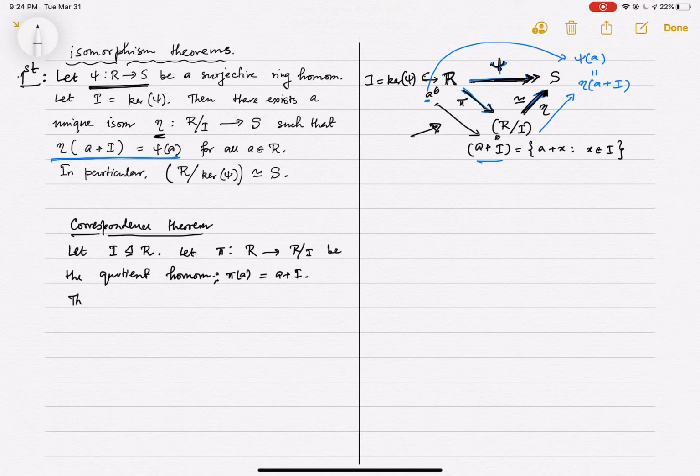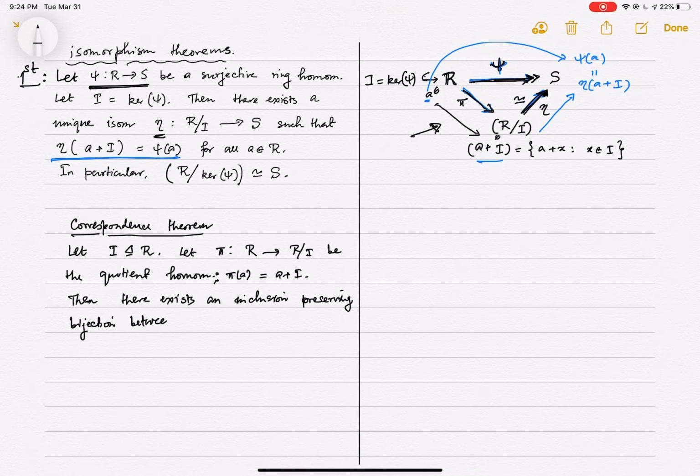Then there exists an inclusion preserving bijection